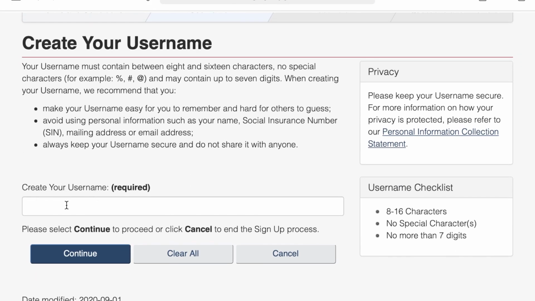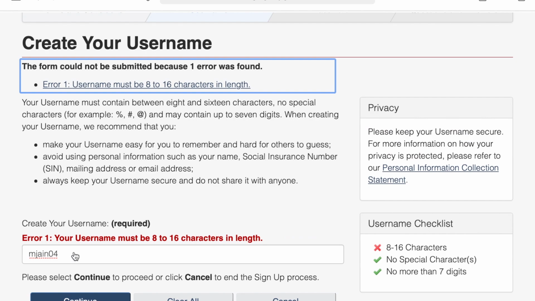Okay, here we need to create a username, so you can select as per your choice. Then continue. Okay, here it is saying username must be of 8 to 16 characters in length.